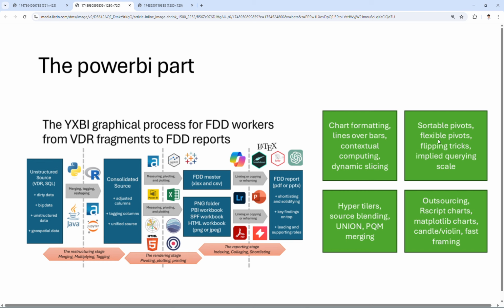But for Power BI, for a table you prepare in sortable pivots, you can just sort the column one by one. So you can do like FY21 by total revenue in FY21 or FY22, or the total in the overall period. You can do the same thing. So basically it is sortable. And the second one would be the flexible